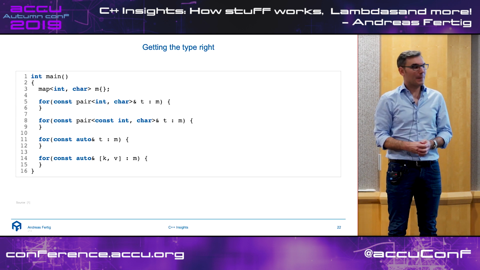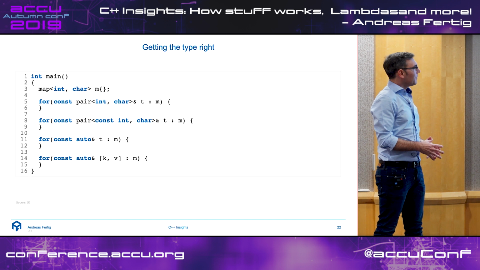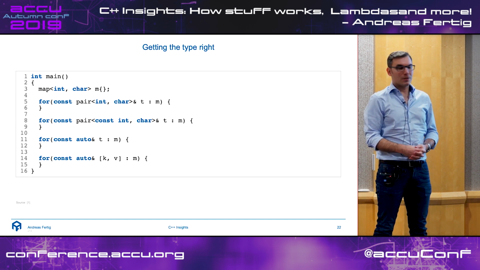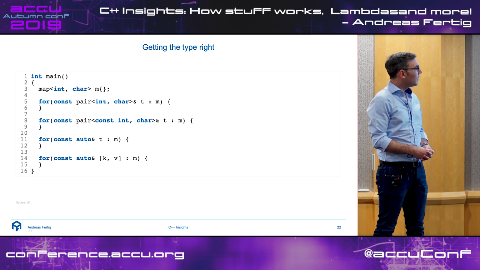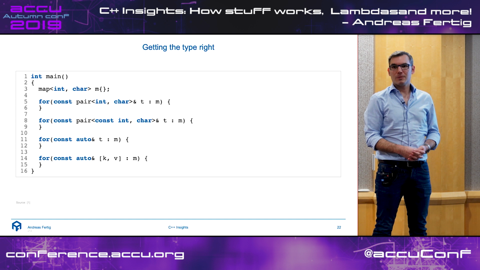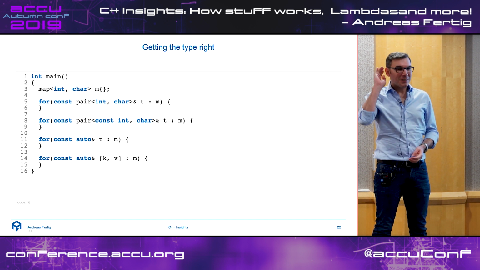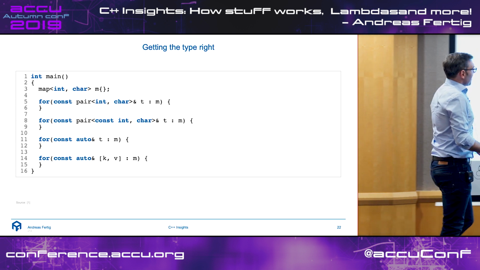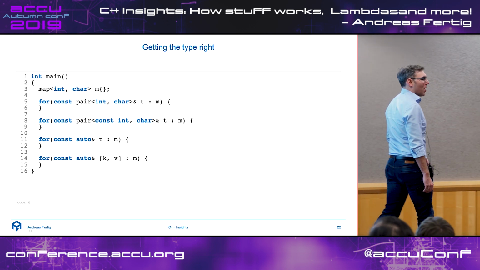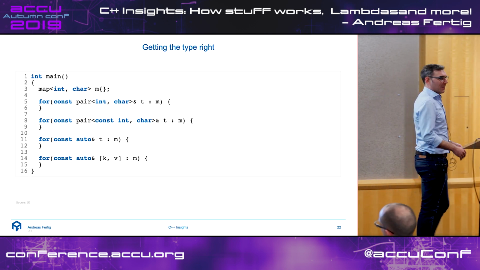The second is correct. The third is correct. The fourth is correct. So, summarizing this, we are saying that only the first one isn't correct.